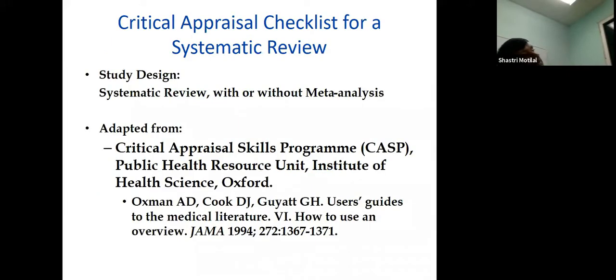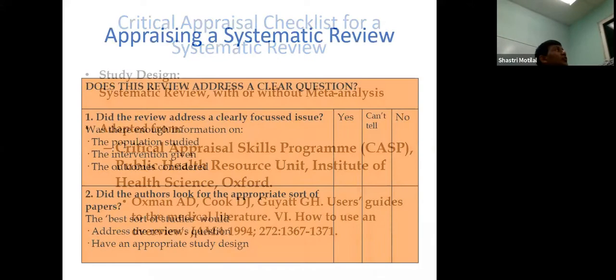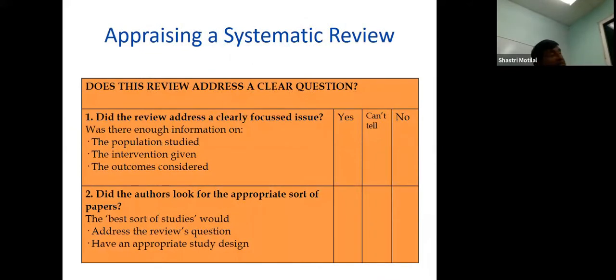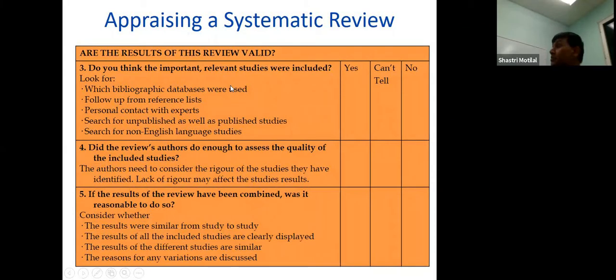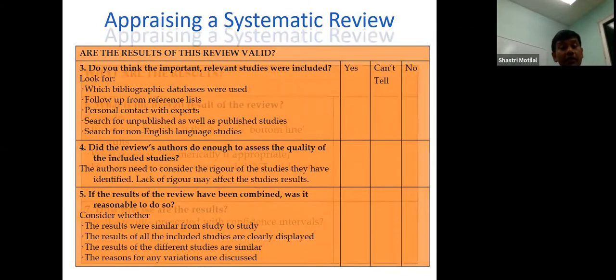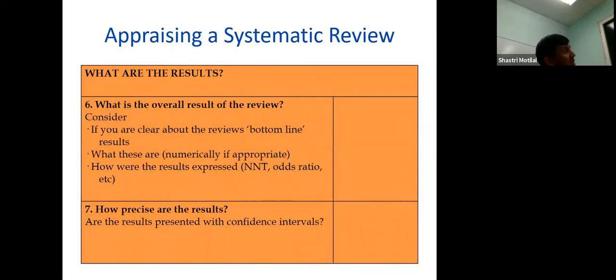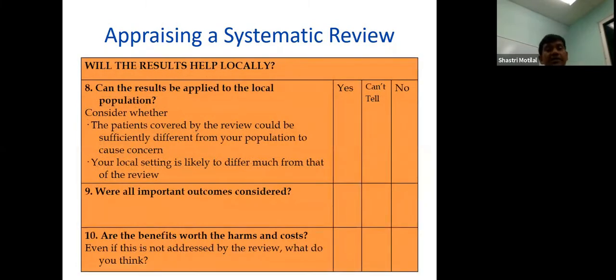So when we go through a critical appraisal next week, for the groups who do the critical appraisal of systematic reviews, this is the checklist that you're going through. I'm not going to go through it in detail, but you'll see the kind of questions they'll ask. Did the review ask a clear question? Did the authors look for appropriate kinds of papers? Were all the important papers included? Did they find all relevant studies? Did the reviewers assess the quality of the studies? What are the results? How precise are the results? Similar questions to ours. Some questions specific to meta-analysis, right? So this is the checklist which is posted online on Moodle that the groups who do the systematic review will use for next class.